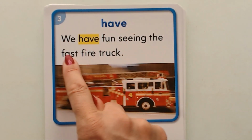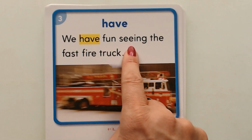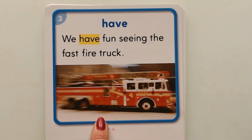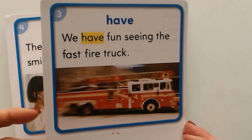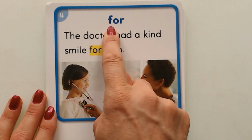Have. We have fun seeing the fast fire truck. Oh man, that's a fast fire truck. Look how blurry this picture is. Have. We have fun seeing the fast fire truck. Next one is